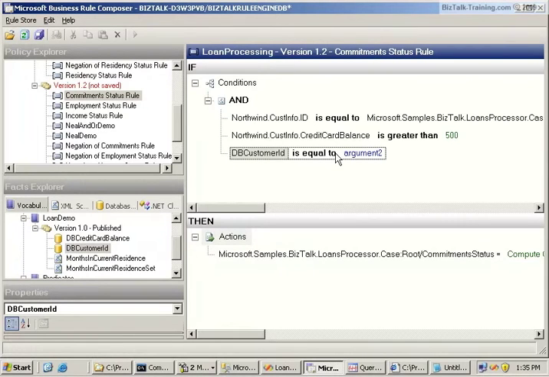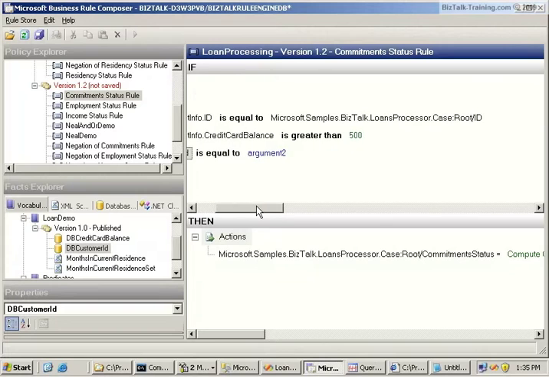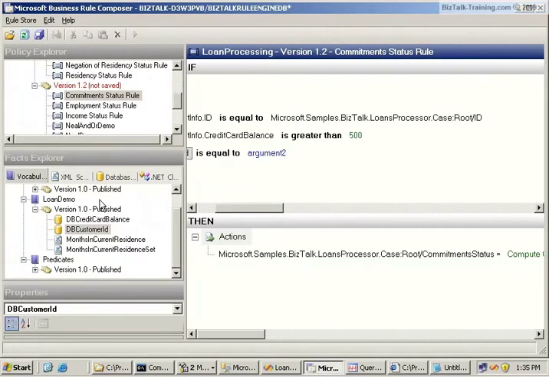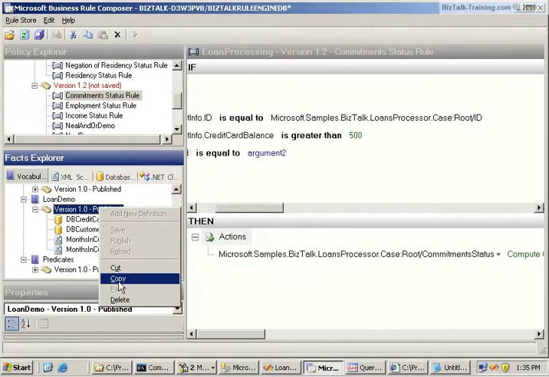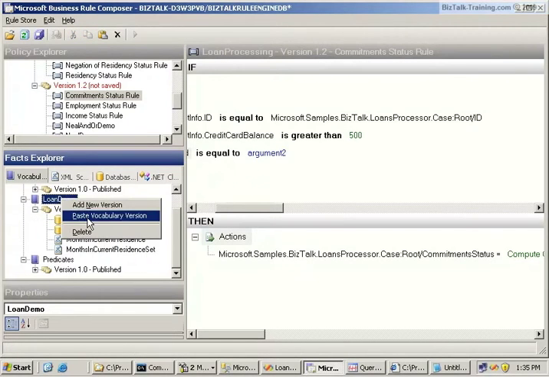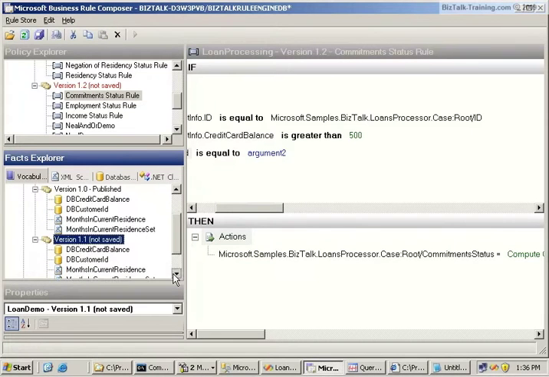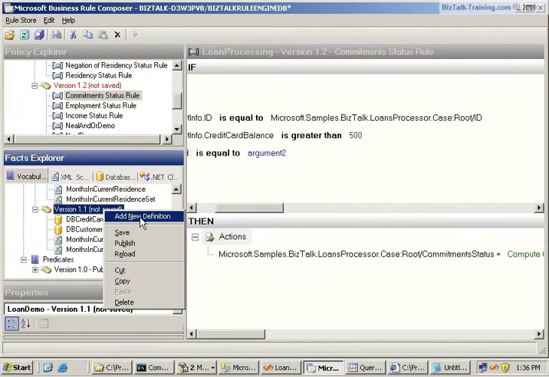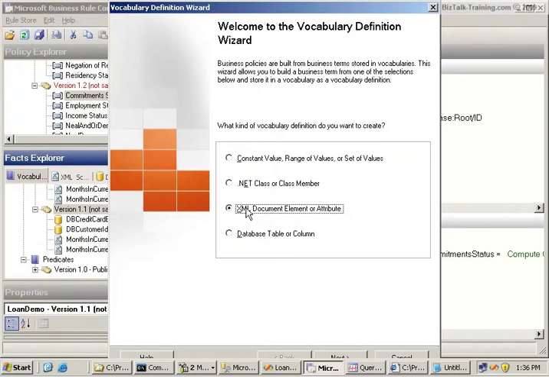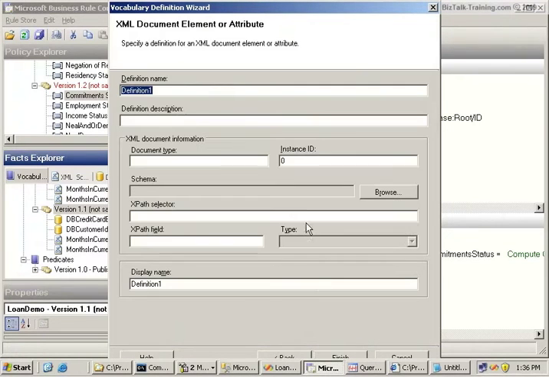So now we're testing it here to see if it's equal to the ID of the, in the XML, and we did not create a vocabulary for that one. So let's say we say, whoops, we should have created a vocabulary for that as well. So what do we have to do? Just to show you, we got to come down here, copy our entire vocabulary, paste it again, and now we have version 1.1 not saved. So we would come here and we would add a new definition, and we want to add the ID out of the XML. So we'll call this